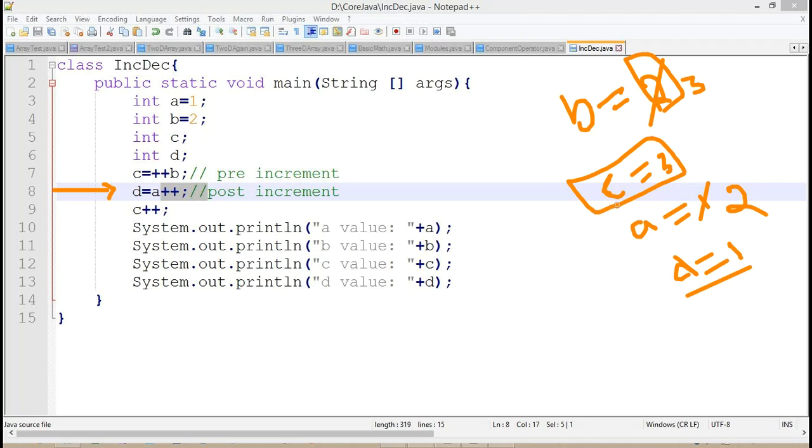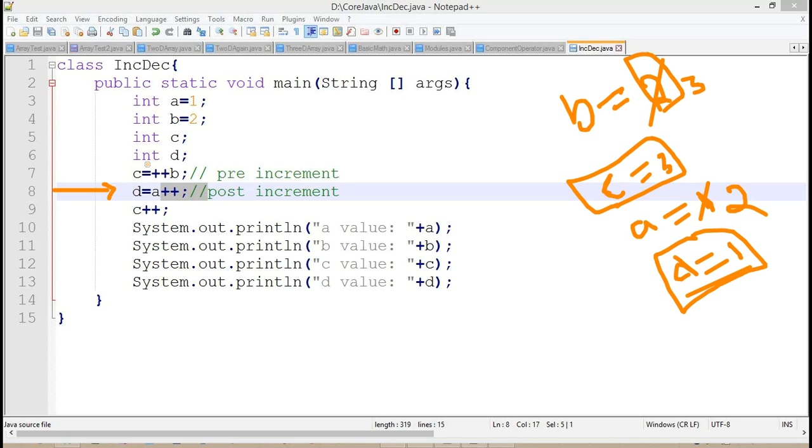But when we are trying to work with this particular post-increment here, what is happening internally? Whatever the current value we are having, we assign into the left side variable. So after assigning this value, now the value is incrementing here. Getting the point. So once I increment 2, it will become 2. Getting the point. So this is very important here.